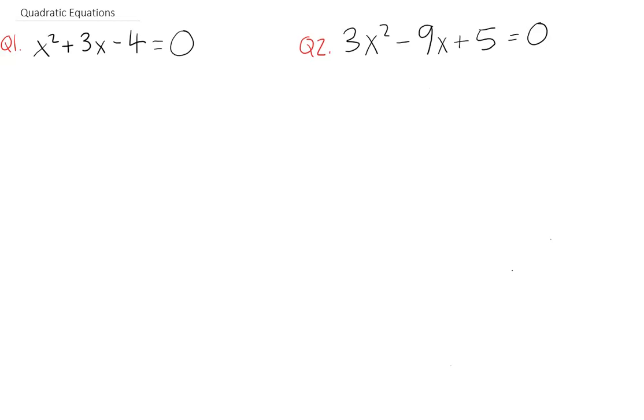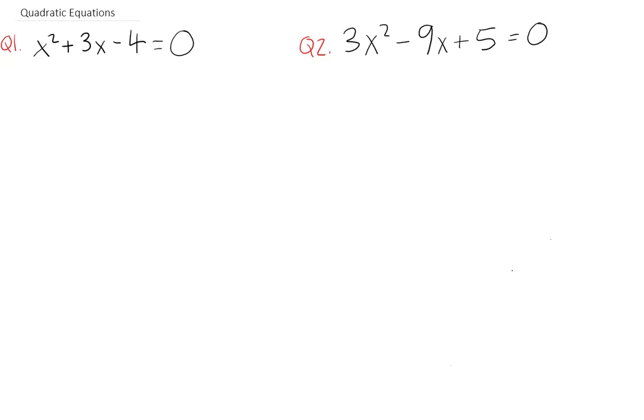Okay, so looking at two quadratic equations, and these are trinomials, so that means there's three terms. How they're usually asked is to factorize them. What we're looking at today is why you'd use the minus b formula, following on from the previous video. Looking at both of these, question 1 and question 2, both of these are actually